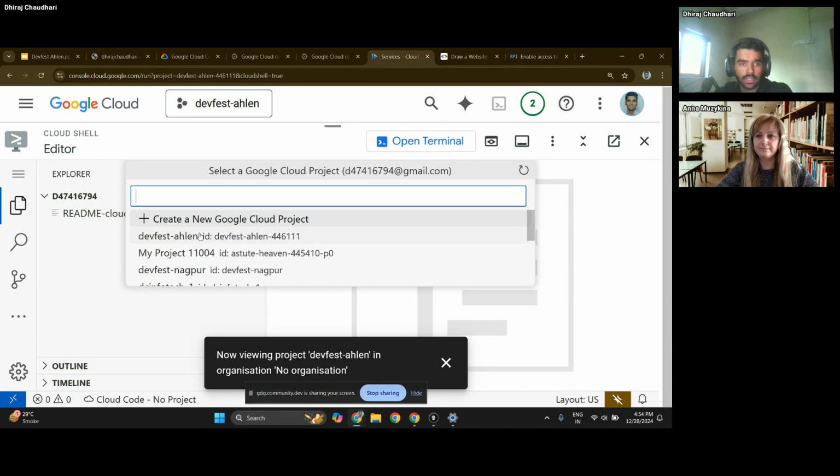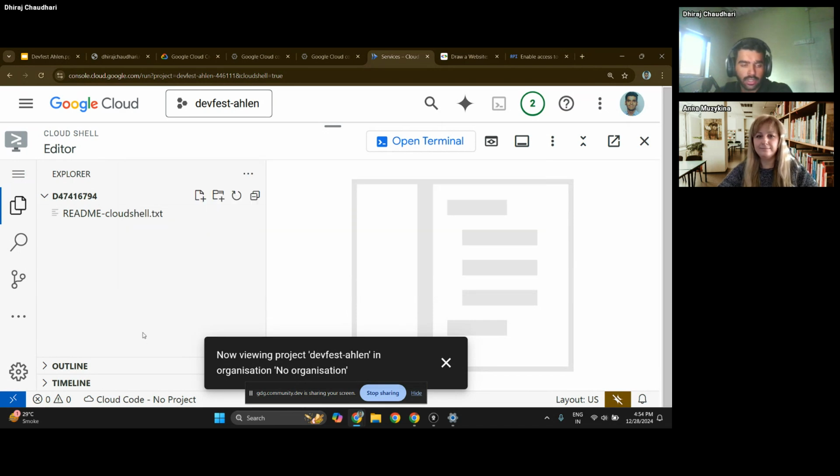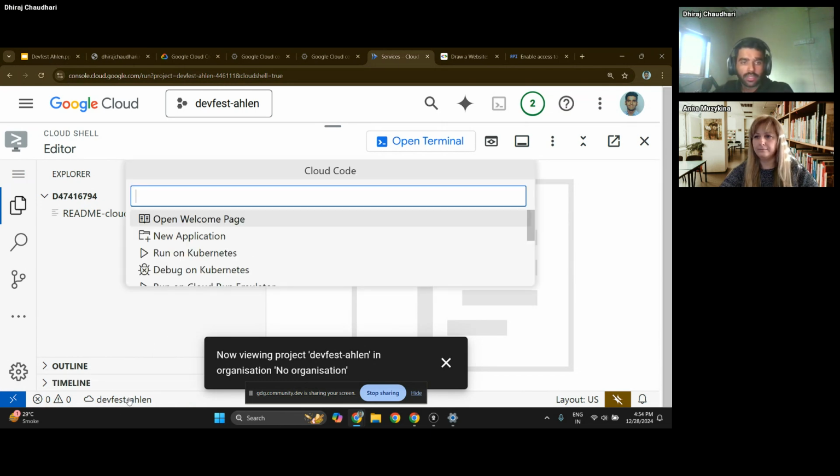So that's it. You just need to click, and it will take some time, and you can see your project name and project ID over here, right? You need to make sure that your project is listed over here, or else you might go into a different project. Now, the second thing we need to do is bootstrap